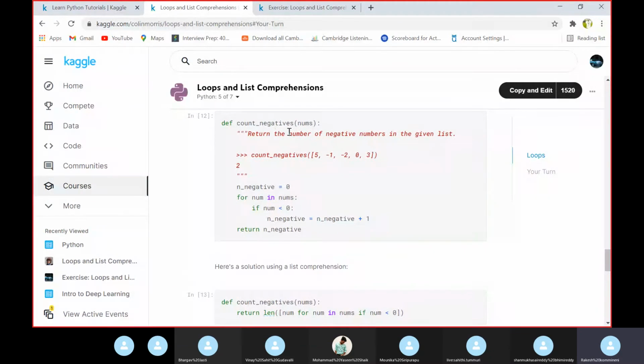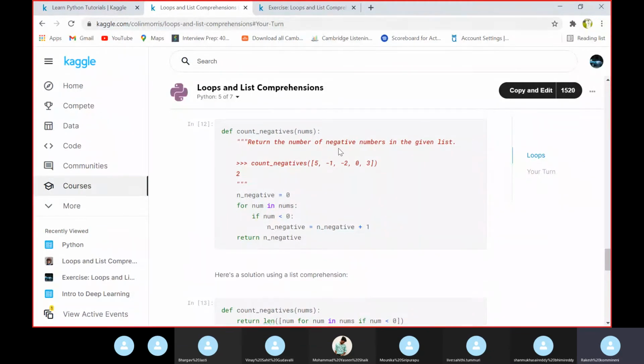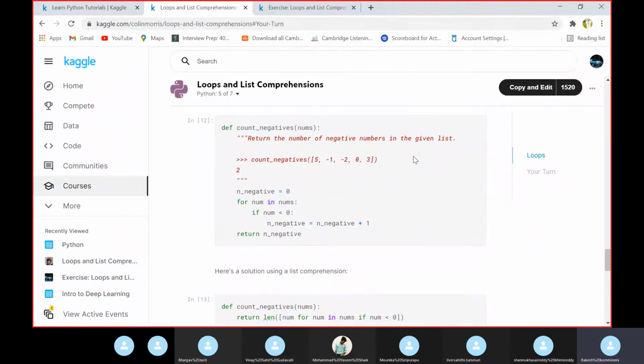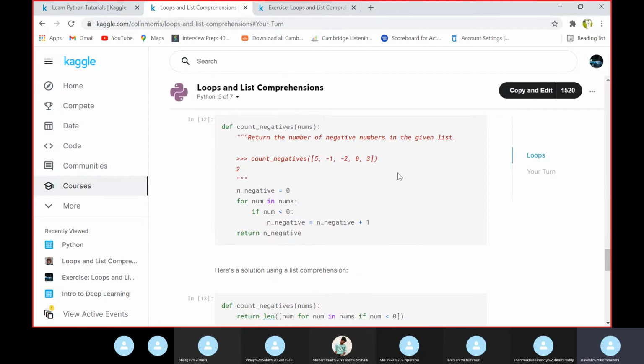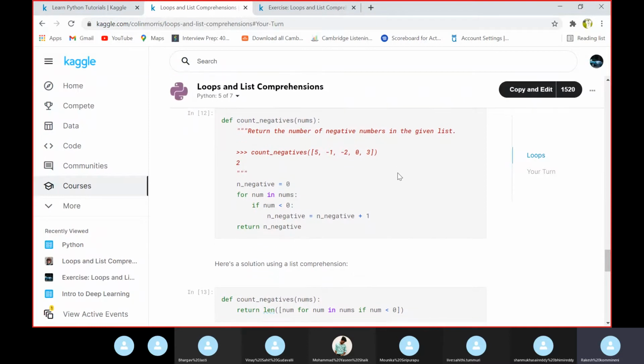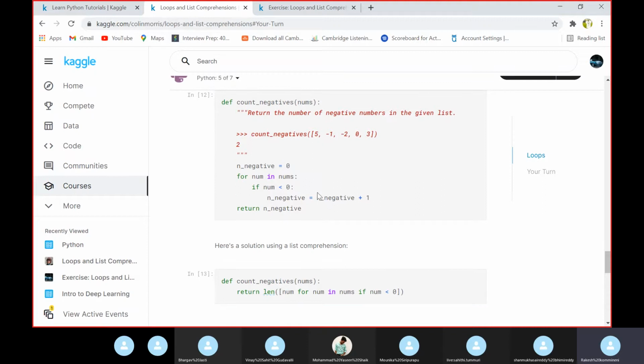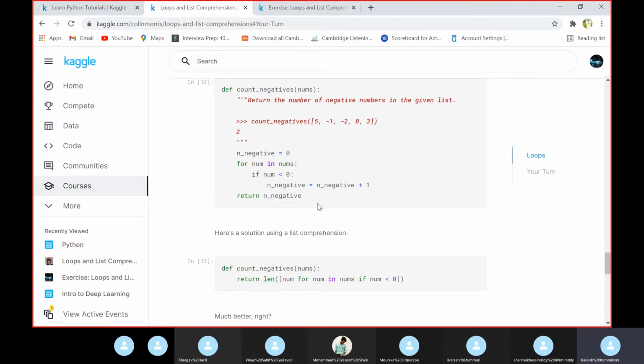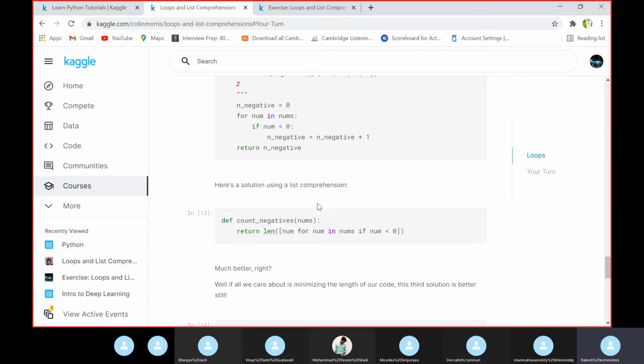This count_negative is a function which returns the number of negative numbers in the given list, and it will count the number of negative elements in those lists, and which returns the count of negative numbers.